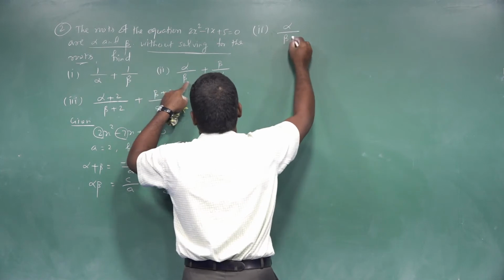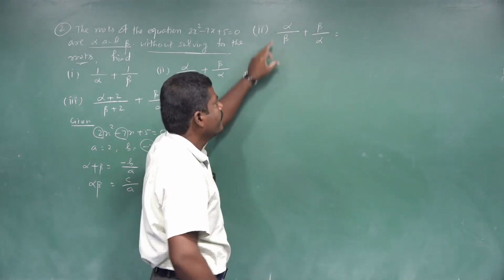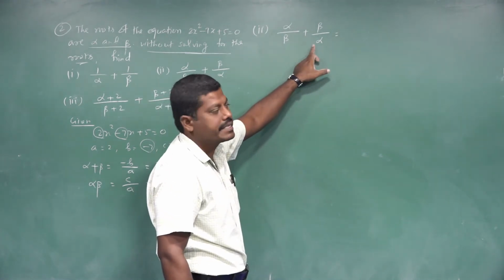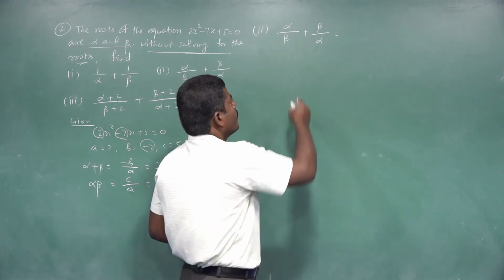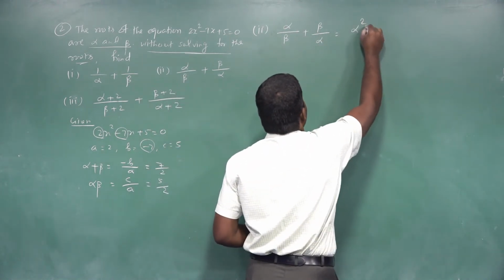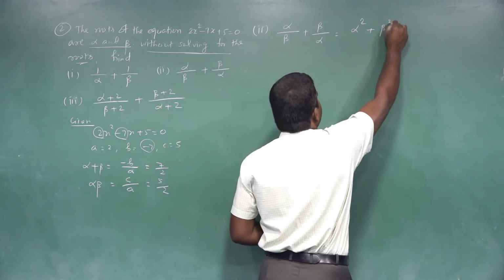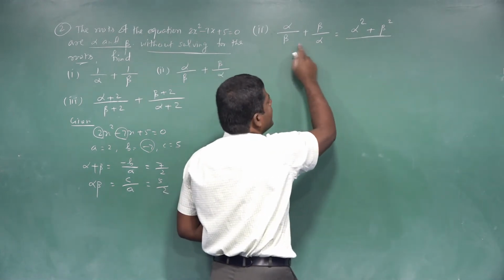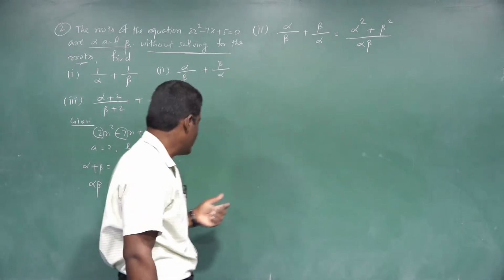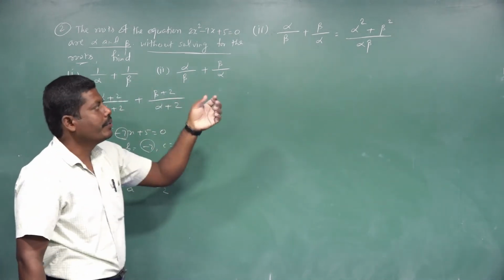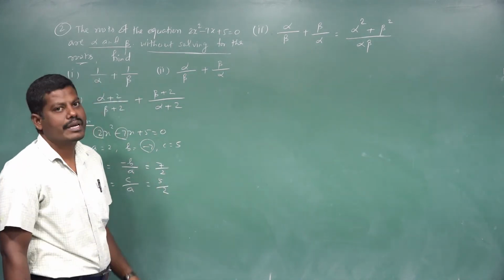Alpha divided by beta plus beta divided by alpha, which is equal to, again we want to add these two rational expressions, denominators are unlike. Again we want to do cross multiplication only. So now alpha into alpha, alpha square, in the middle you have a plus sign, beta multiple beta, beta square, whole divided by alpha multiple beta. Understand? Now the denominator alpha beta, already we have alpha beta is equal to 5 divided by 2. But in the numerator, alpha square plus beta square is there. We don't have the value of alpha square plus beta square.